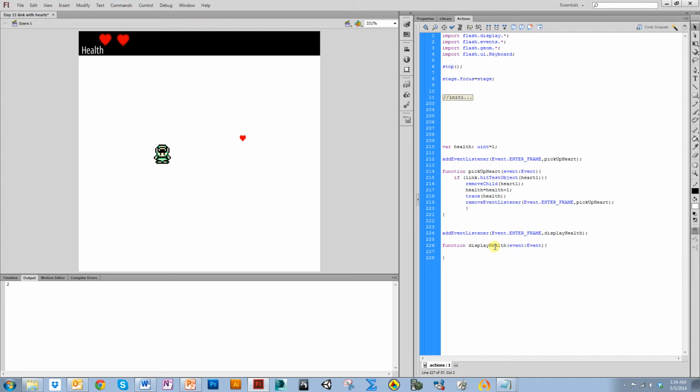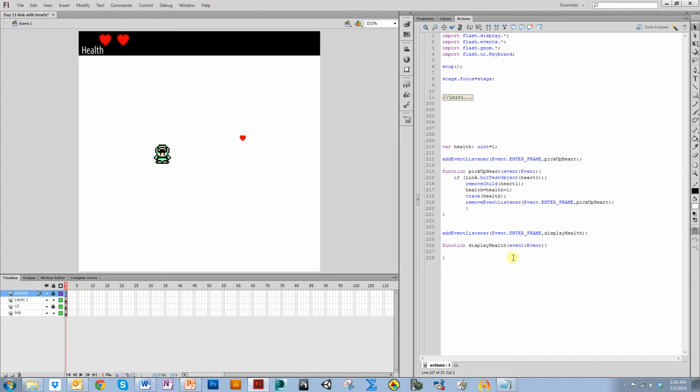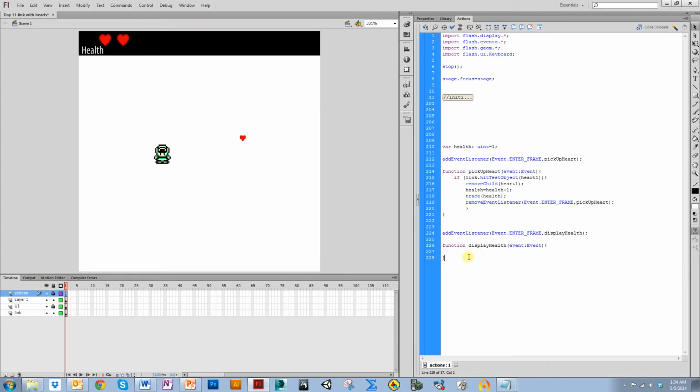So what I want is if the health is equal to 1, I only want this 1 heart to be showing. If the health is equal to 2, I want both of them to be showing. So the easiest way to do this is to say, well, if health is equal to 1, make this guy not visible, and if health is equal to 2, then make him visible. Okay, so if